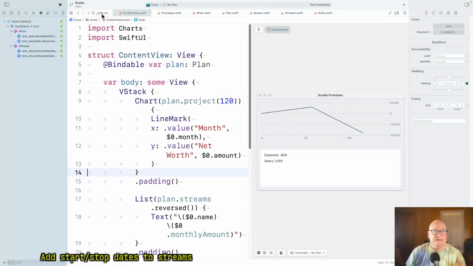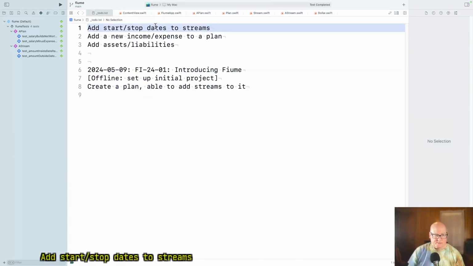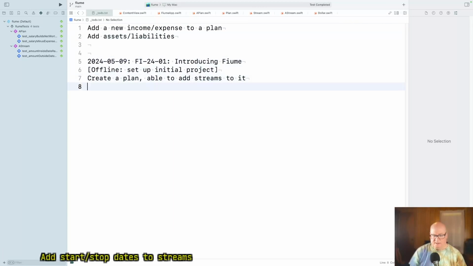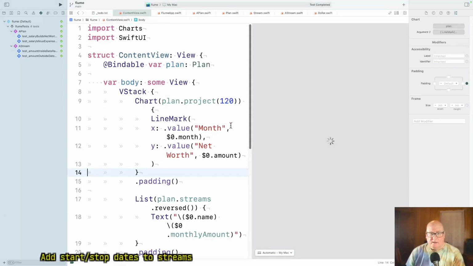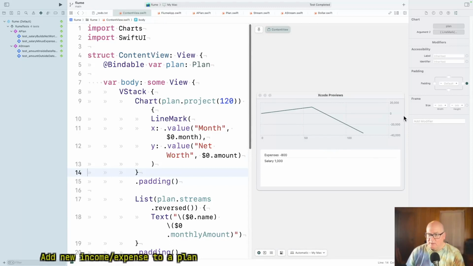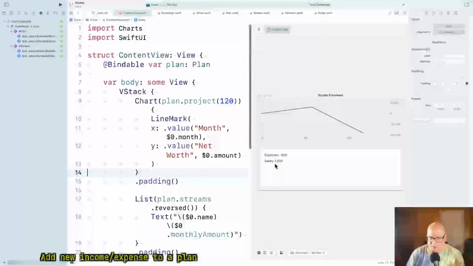But I think start stops to streams we've done. Okay. And then I think what I want to do is put a button that will add, and then let me create my expense. Or salary.